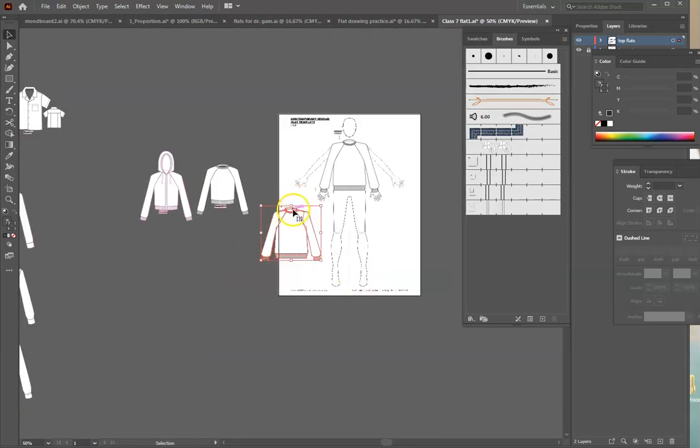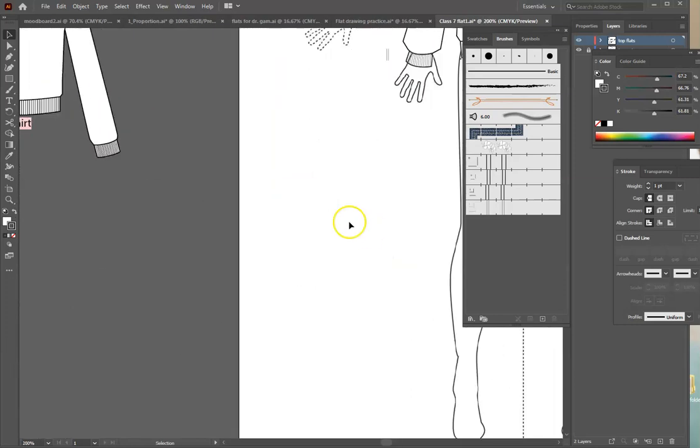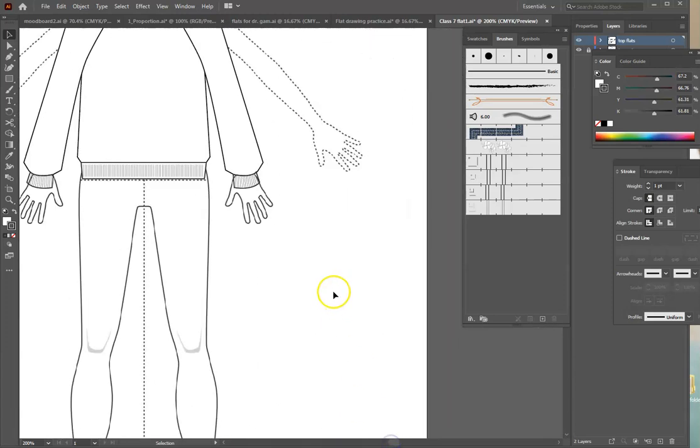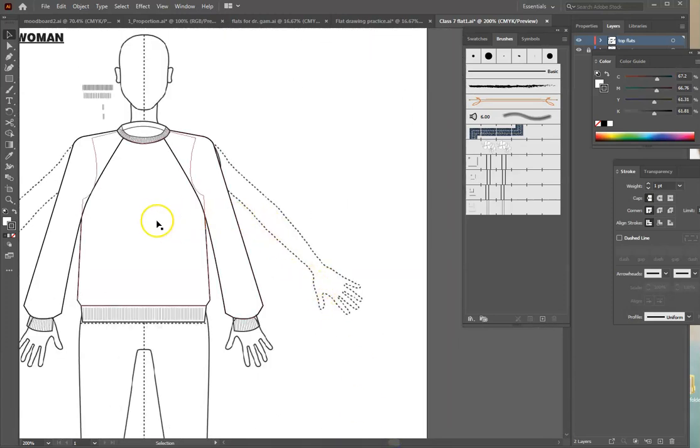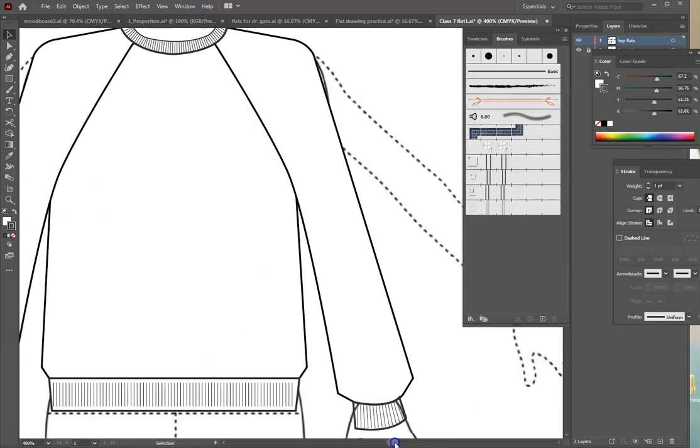So you have the sweatshirt drawn here, and then you will need to draw a hoodie. The hoodie that you're going to draw is going to be your assignment. So you may remove this lip to draw the hoodie, and then you may create a hood. But I'm just going to show you one thing here. So for the button slider, not the button, zipper slider,